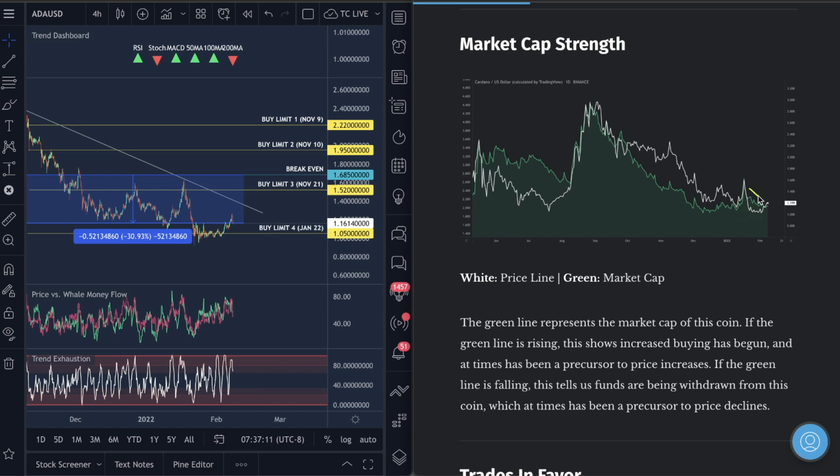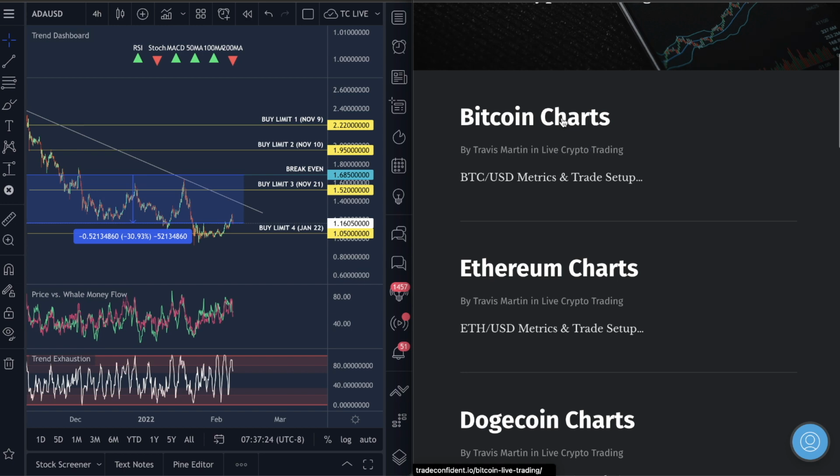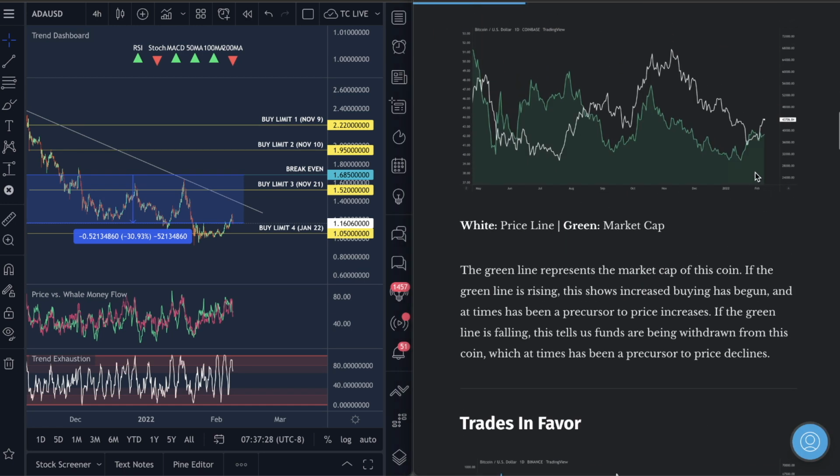We've seen the market cap actually move down on ADA, and it has not pumped as high as other coins, okay? Here's what I want to point out to you guys. Remember this, and we're going to come back to this. Look at this move down here, okay? Let's go over to Bitcoin, and let me show you guys something real quick. The amount of money flowing into Bitcoin is definitely a lot higher because we can see the market cap going up here, all right? The aggressiveness of people buying Bitcoin is more than ADA, and other coins,